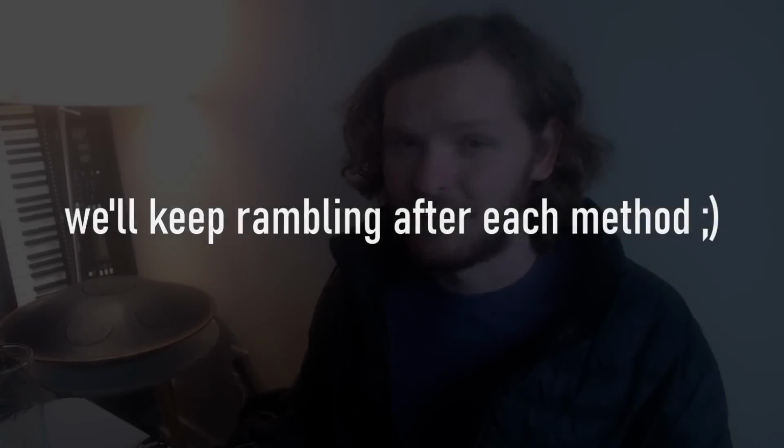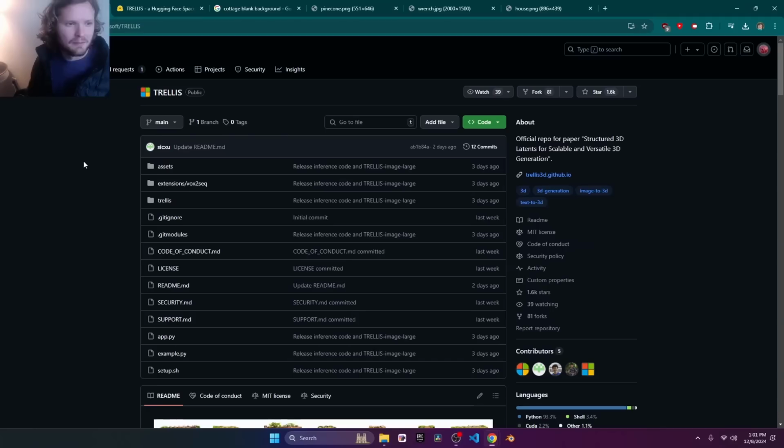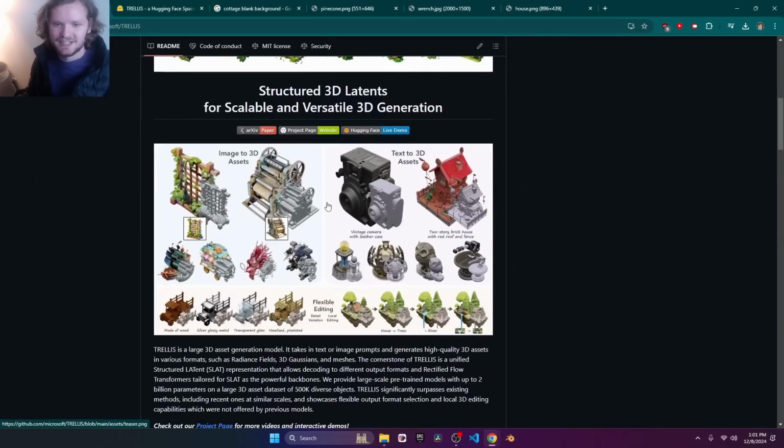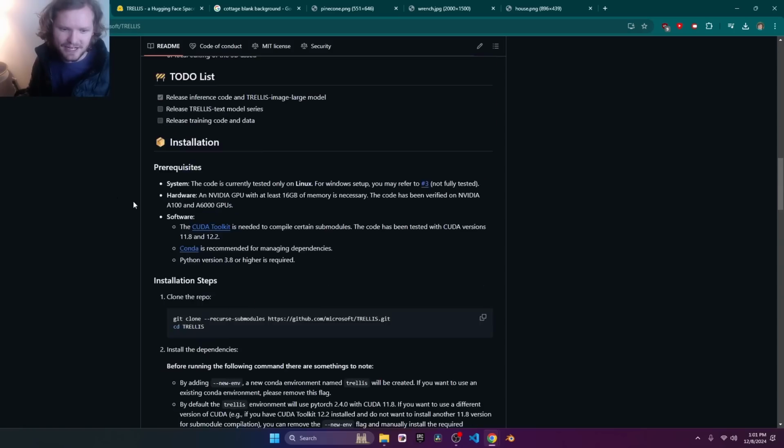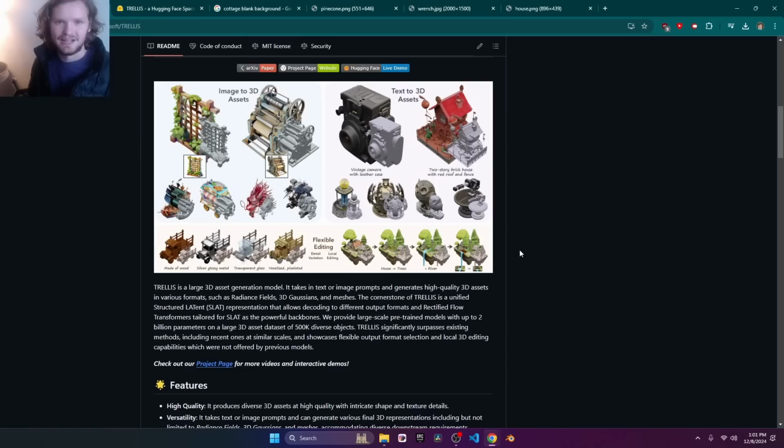I'm going to start off with the free option, of which there are many, but the one I'm going to look at is called Trellis, which came out very recently and happens to be very, very good, made by Microsoft of all people. It's an image to 3D model, as all of these basically are. If you do text to 3D model, it makes an image in between as a step. It seems like it creates a lot of novel views, predicting what it might look like from other sides, and then synthesizing a model.